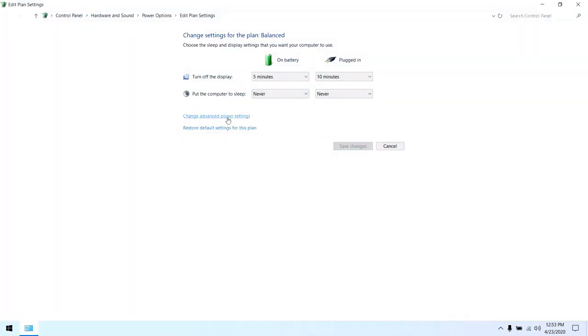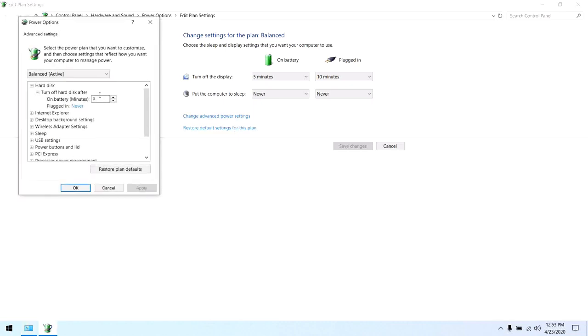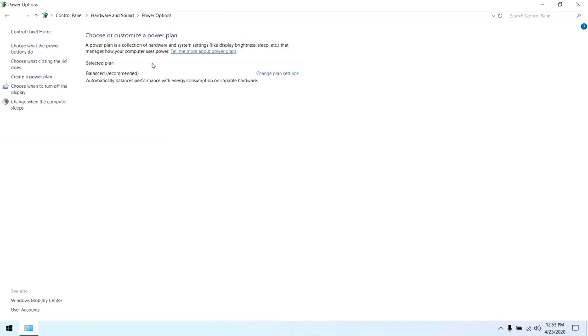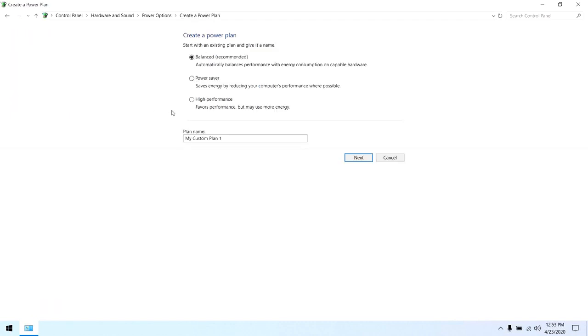So if you want to adjust your power plan for best performance, then change advanced power settings. Balanced is currently active, but I want to create a new power plan that should give me the best performance. So I'll go to power options and I'll select create a power plan.